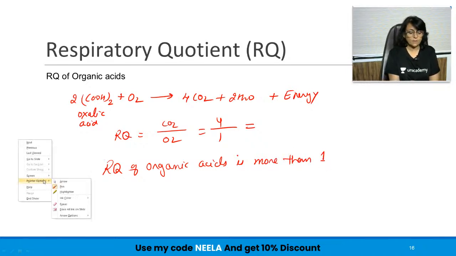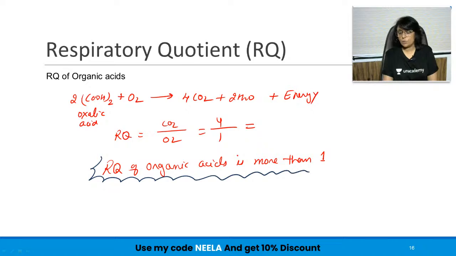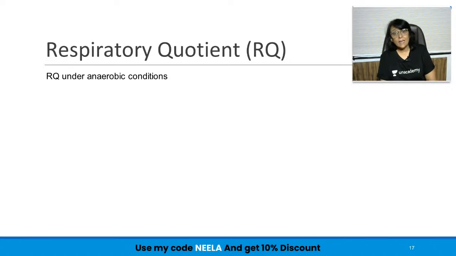So this is our third statement. First statement was RQ of carbohydrate is 1. RQ of proteins and fats is less than 1. And RQ of organic acids is more than 1. Alright, so here we are not really worried about whether it is 0.6, 0.4 or what. Here we need to know whether it is 1, more than 1 or less than 1. Let us talk about one more reaction. RQ under